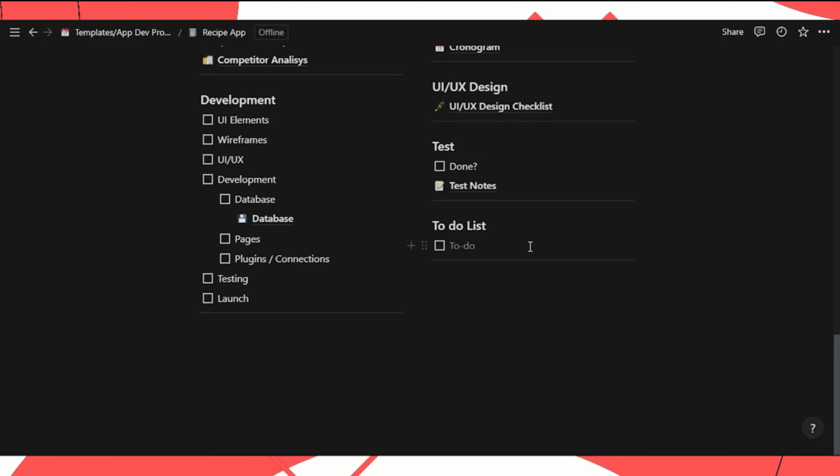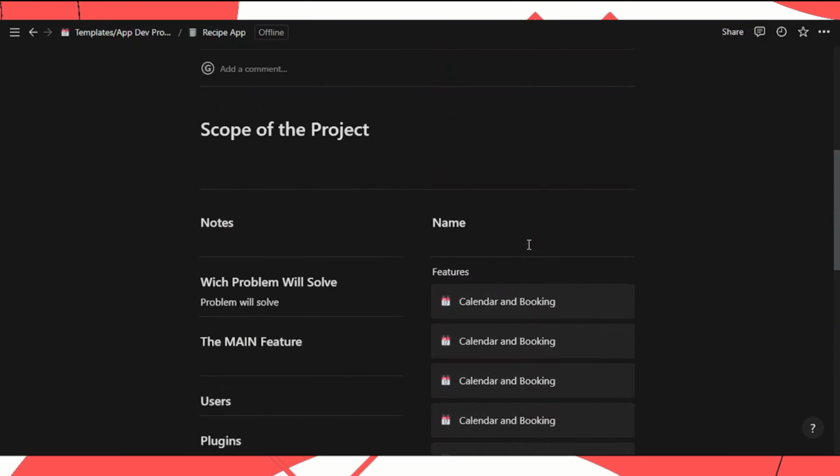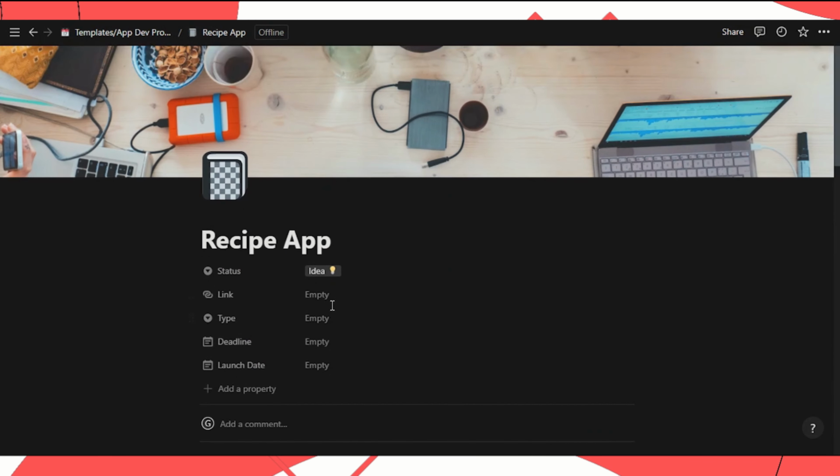I always add some titles like app 1, or app and the date I started the app, and I always forgot which to-do list is for which app. So just leave it here, and whenever you want you can add a to-do list and add a new item and delete the item however you want. So I will just